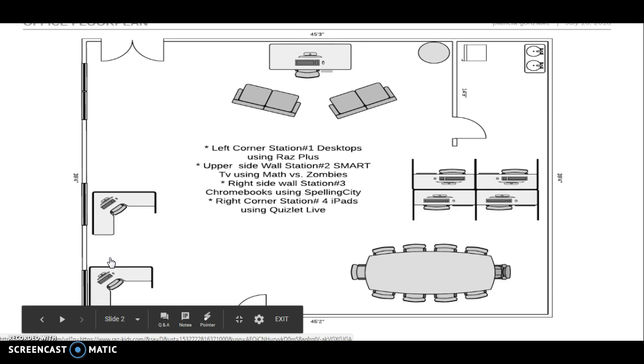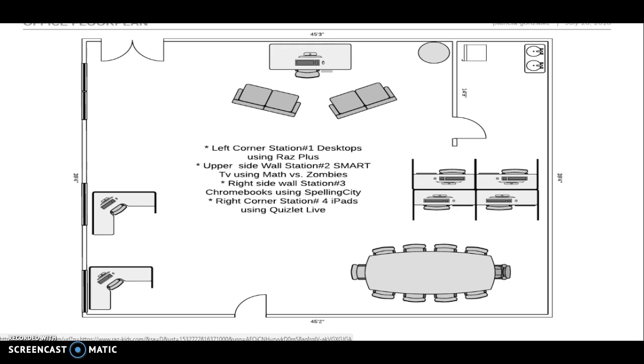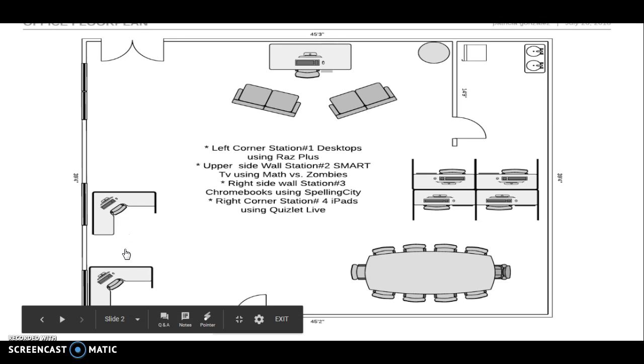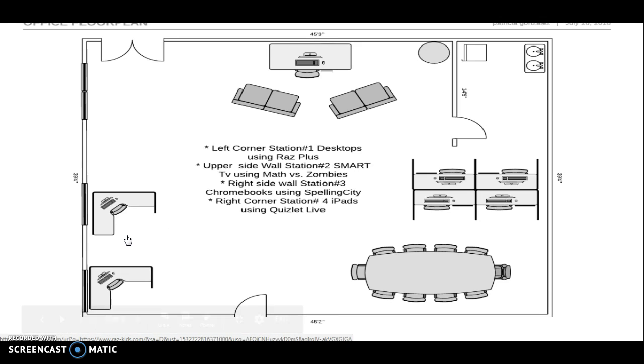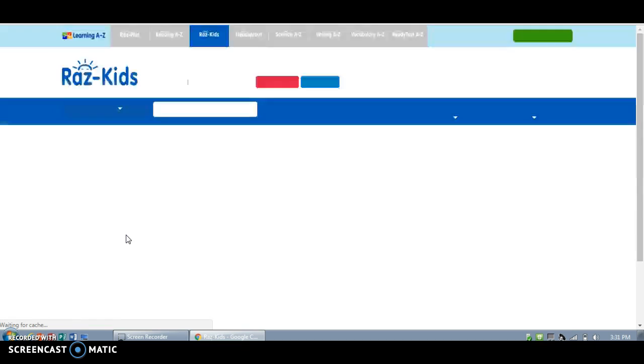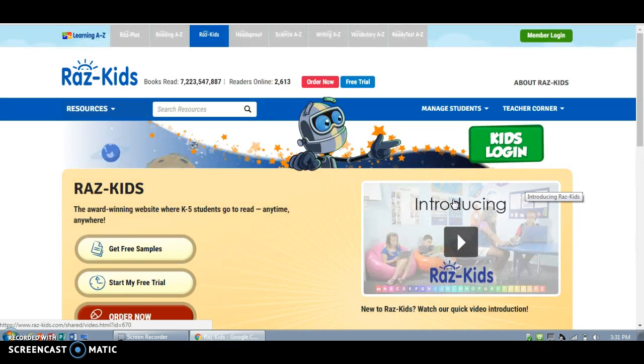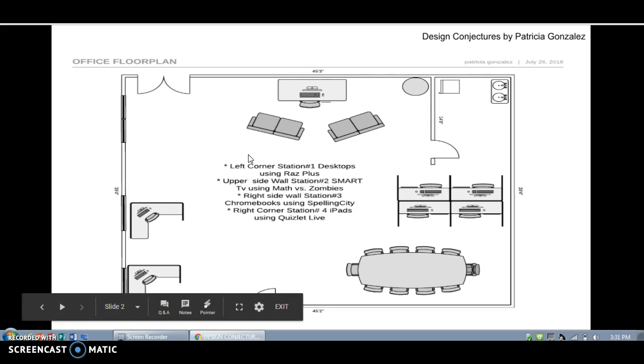Here are some desks, the kids will be using desktops, like I said, and I only have 2 right here, but there will be 4 desks with desktops that the kids will be using, and this is pretty much what it looks like. And there is a video to introduce what RAS Kids is if you want more information about that. If we go back to the stations, on the upper side wall is station 2, which is